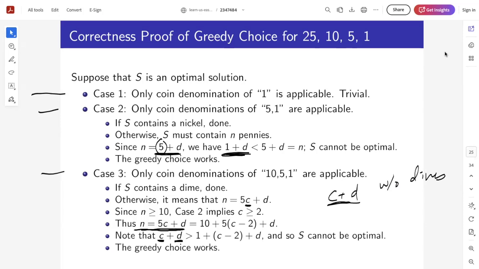But now if we use a dime, then we have one dime, and the actual number of coins is 1 plus C minus 2, because one dime is equal to 2 nickels, and then plus D pennies. And so we know that C plus D